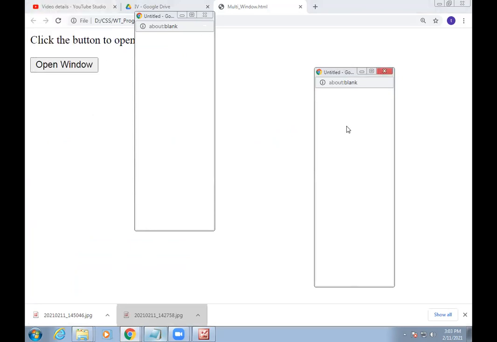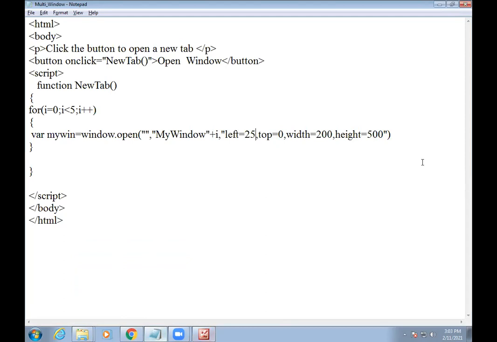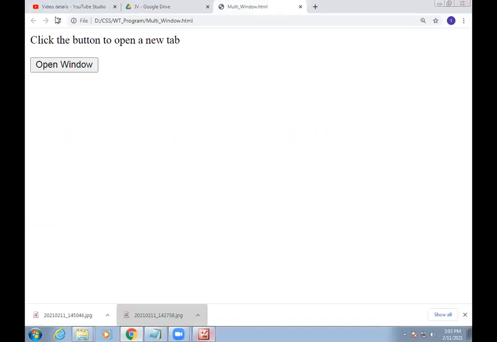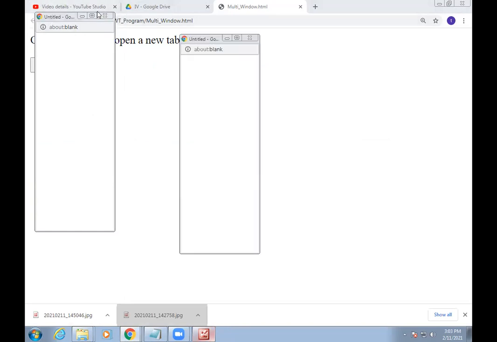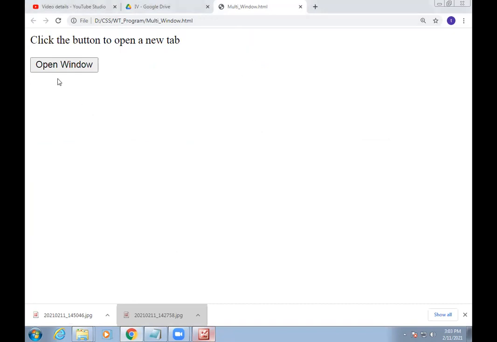If you want to open at a lower level, it means not at zero positioning, if you want to change the top, you put 30 here. We will see what we get from this. Refresh and click. Yes, the position is also changed, because previously it started from the top level. Top was equal to 0, that's why it opened at that level, but now it opens lower because we changed that value, correct? So in that way you change the top and left point.